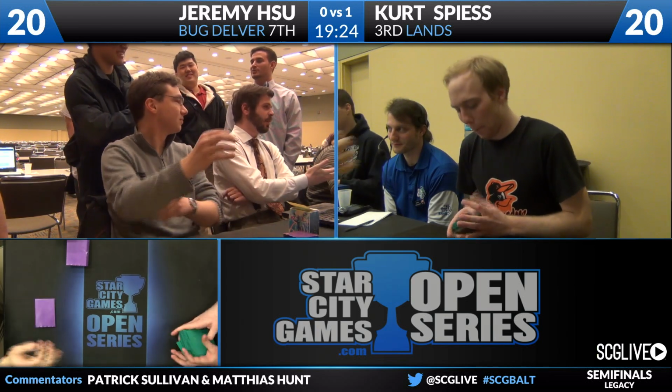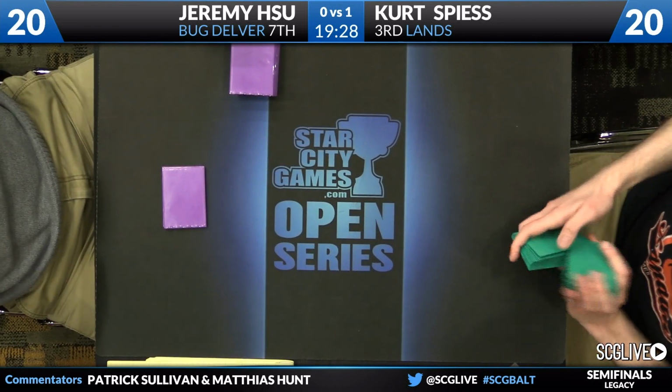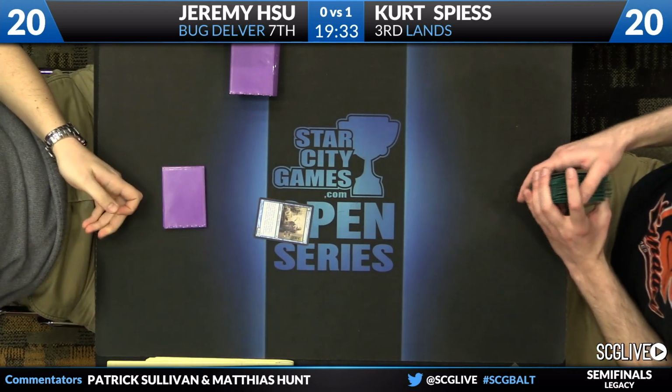But Kurt starting on 6 cards. And the Deathrite Shaman gives him a lot of action against Loam, too. So a lot of the pieces of the puzzle, Jeremy would perhaps like to have something like Delver of Secrets or Tarmogoyf in this hand as well, but...